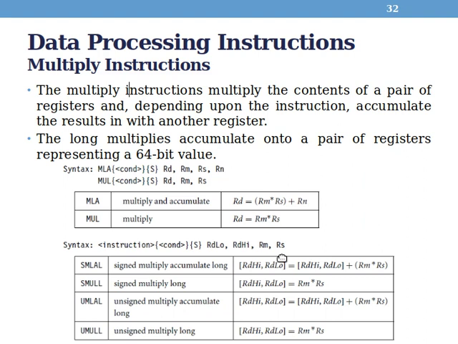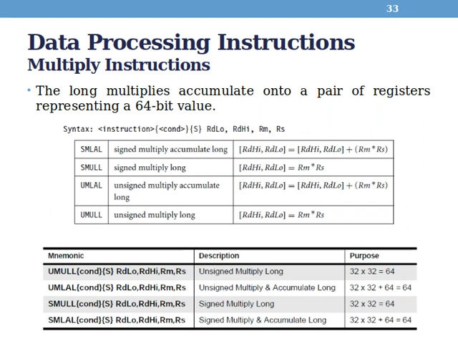The next one is the normal multiply. In the beginning it is S and at the end it is L, meaning signed multiply long. You can see the formula here, I think it's pretty understandable. The next two sets start with U, meaning unsigned multiply and accumulate. It's the same but long multiplication. Just remember that MLA in general stands for multiply and accumulate, and MUL stands for just normal multiplication.